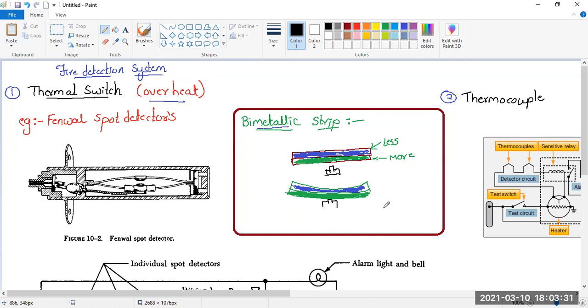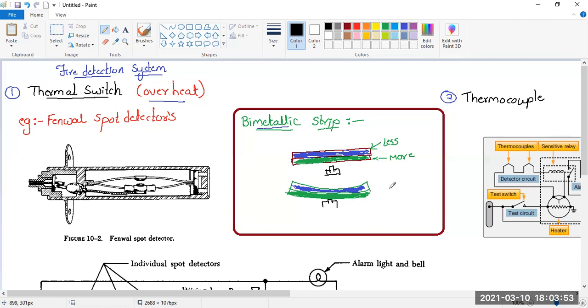It will press the micro switch, completing the circuit. Such a switch is called a thermal switch. This is found in your electric geysers in your house, which you use for heating water. Whereas it is also found inside the air conditioner, where you have to maintain the temperature of the room. Heaters, wherever you have to maintain temperature, every place we use the bimetallic strip.